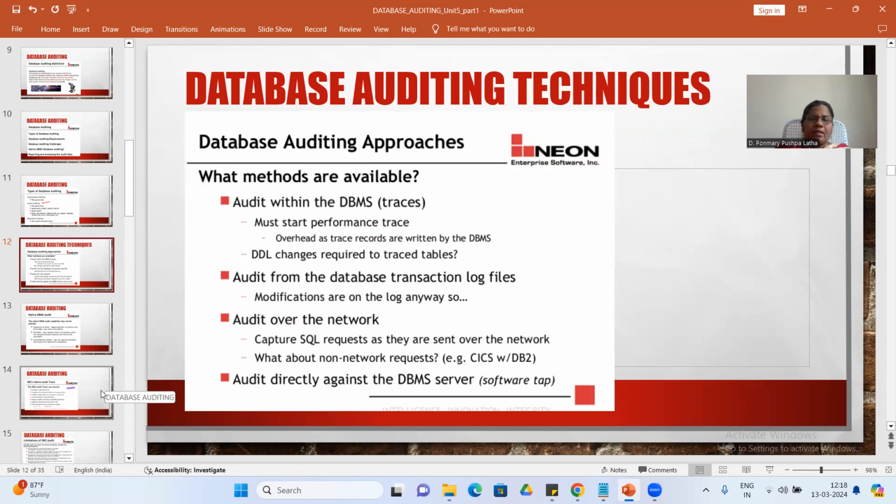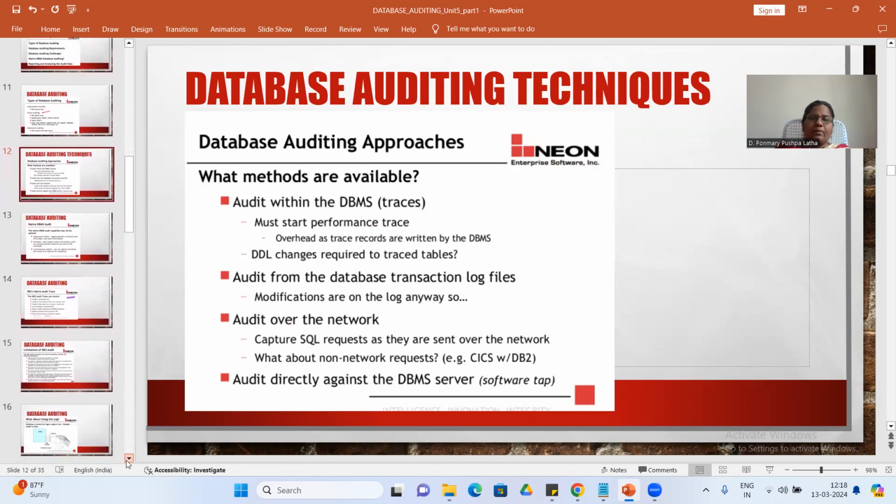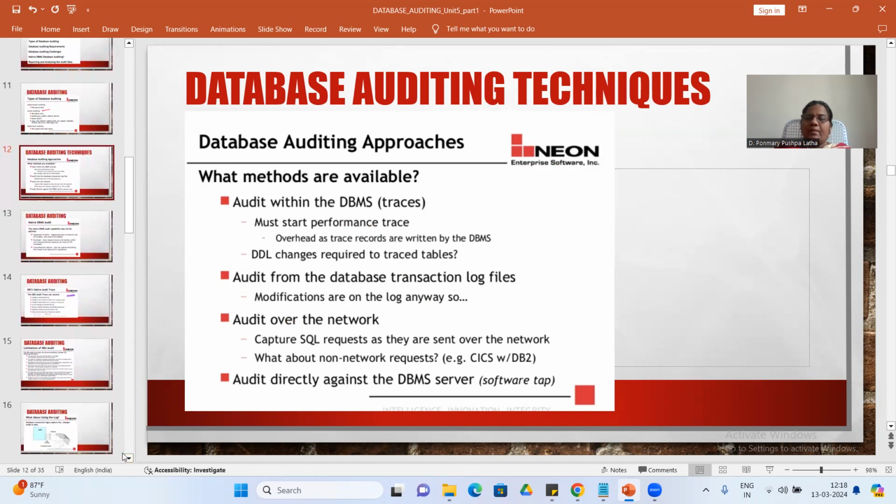There are different database auditing approaches. You can audit within the DBMS, in the database management system itself. You can trace the changes in the table, DDL changes, that is data definition language changes.